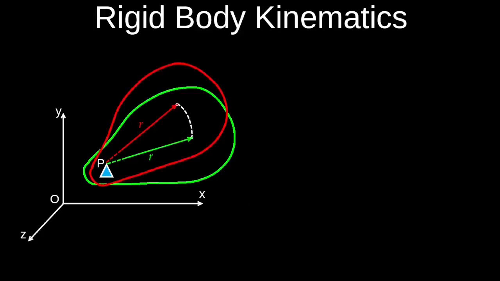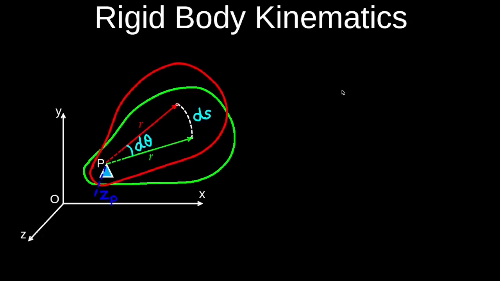Suppose we have a rigid body in the xy plane and it rotates about a fixed z-axis passing through P. So the green line retains the same length and just rotates to the red line by an angle dθ. So a particle that would be sitting at the end of this line would displace an arc length of ds,